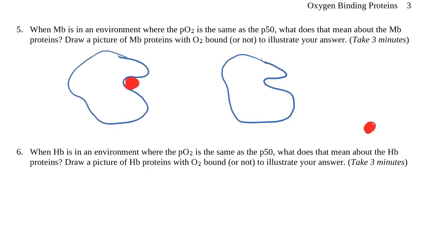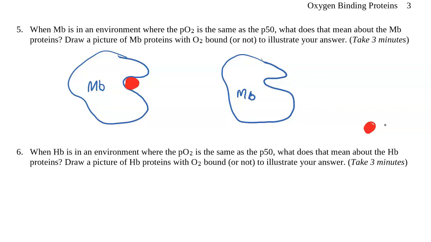All right, so we may have talked about something like this in class. Here's my idea. Here's your myoglobin protein. If you want to illustrate that half of the binding sites are filled, you've got to draw at least 2 myoglobins. Because if I draw 1, I either have to put oxygen in or I have to leave the oxygen out. So in order to show 50% bound, you have to show at least 2 of them, one with the oxygen bound, and I decided to show another oxygen not bound to the myoglobin. So this would be a picture that would illustrate a concentration of oxygen at which half of the binding sites are full. Does that make sense?